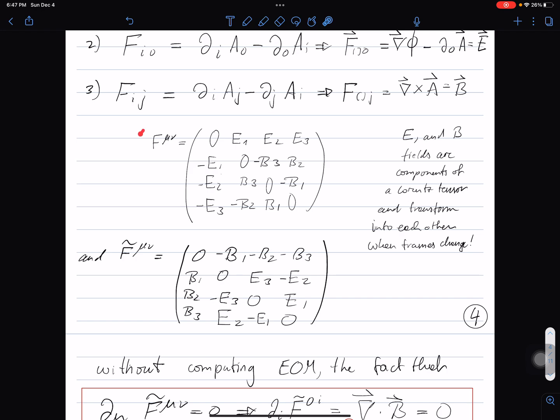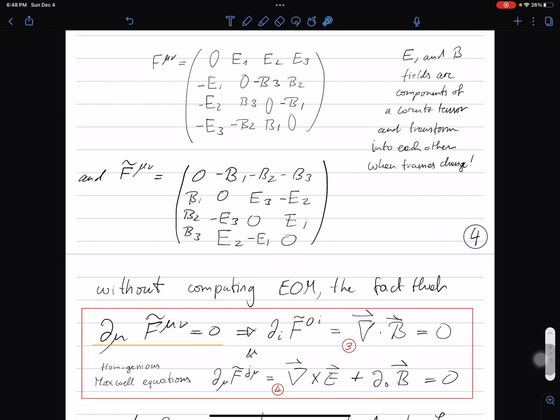So we can now write out the field strength tensor in the temporal component. It has the electric fields with the minus sign in this row, in this column, and in the spatial components it contains the B fields in an antisymmetric combination with the appropriate minus signs. And the dual field strength tensor here, if you go from the field strength tensor to the dual one, it swaps essentially the E and B fields and adds the minus sign overall. So now we have here in the time component the B fields and the spatial component the E fields.